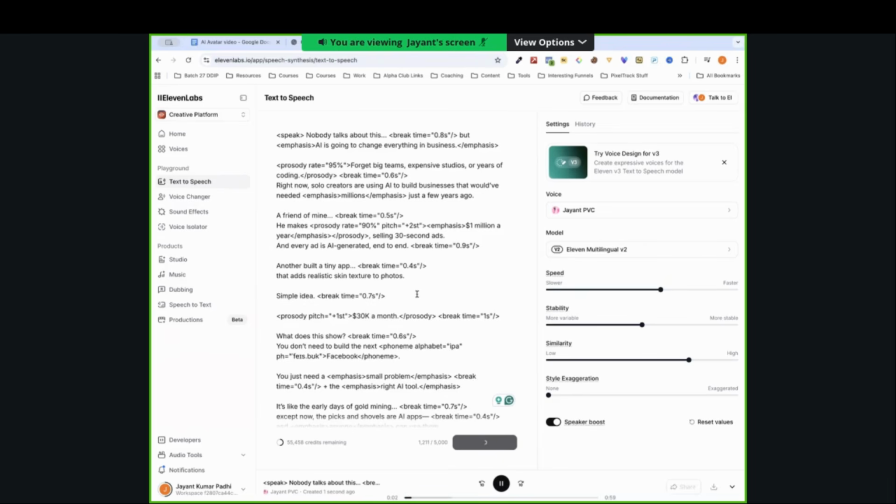Nobody talks about this. But AI is going to change everything in business. Forget big teams, expensive studios, or years of coding. Right now, solo creators are using AI to build businesses that would have needed millions just a few years ago. A friend of mine, he makes $1 million a year selling 30-second ads, and every ad is this break time